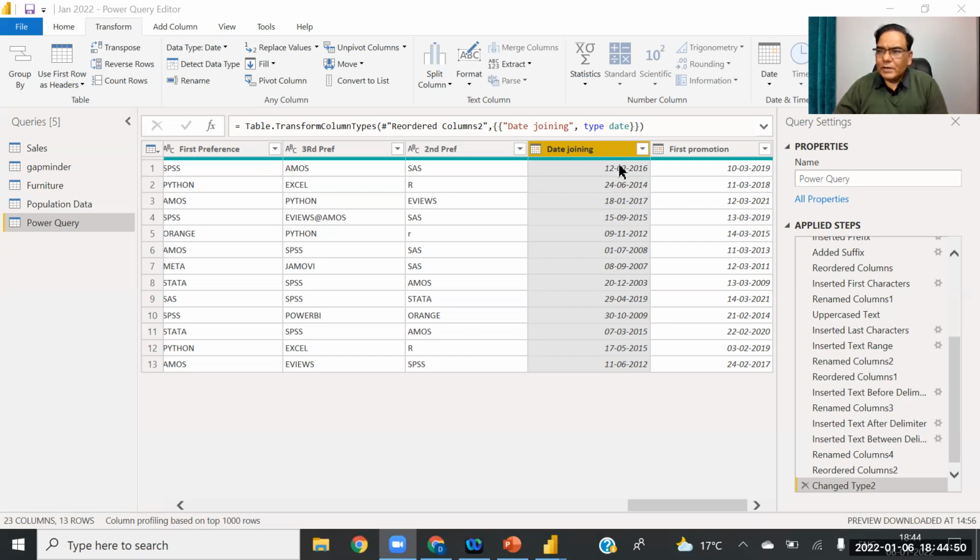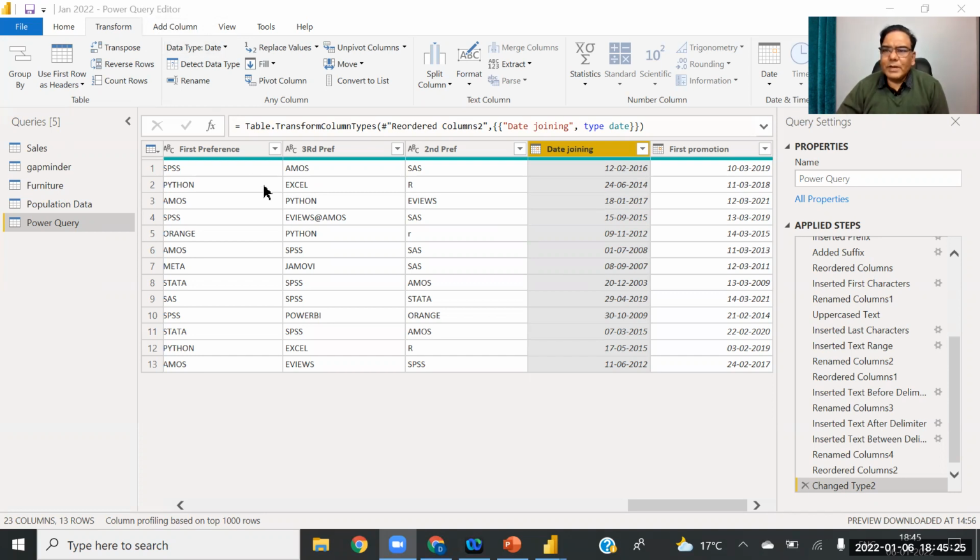Now I select one column first. The first thing I always have to think about is: do I need to transform this variable, or do I want to create a new column? You have to ask this every time. I do not want to change this existing column. Rather, I want to add a new column, so I can go to Add Column.